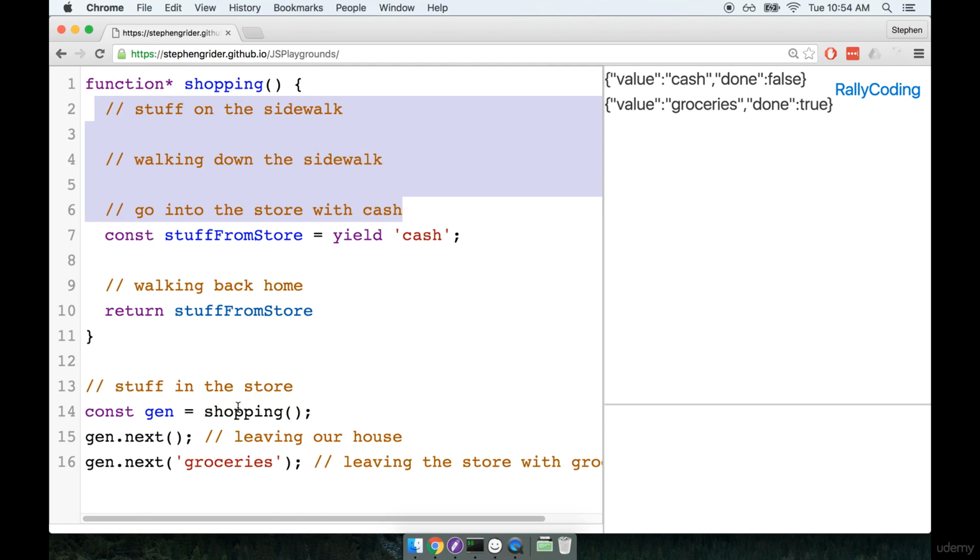So just calling shopping doesn't actually invoke any code whatsoever. Okay, that's a very important point number one. It's not until we first call gen.next that we actually leave our house and start walking down the sidewalk, and eventually we get to the point where we say, okay, it's time to go into the store. So when we first call gen.next, that is when we start actually executing some code inside of our generator